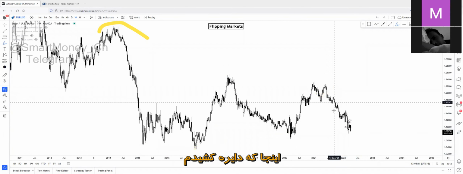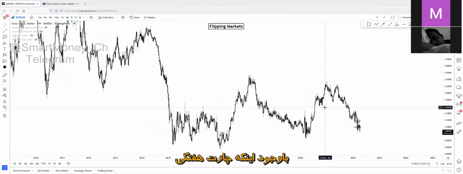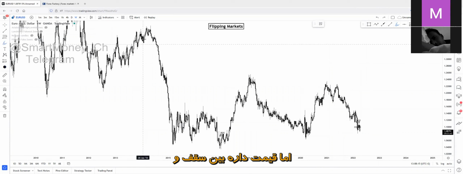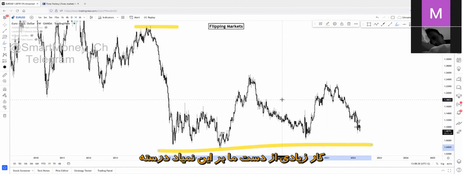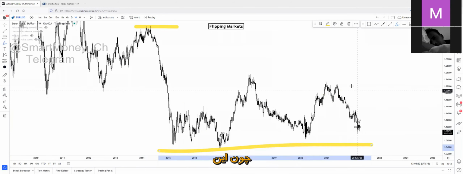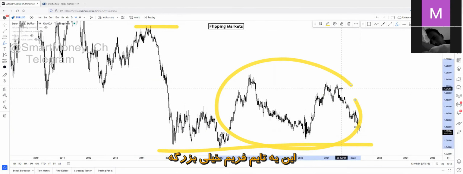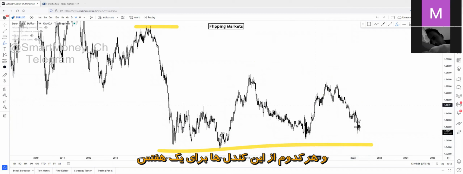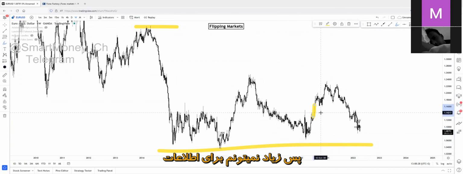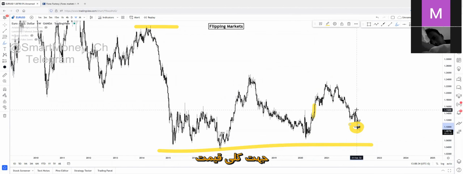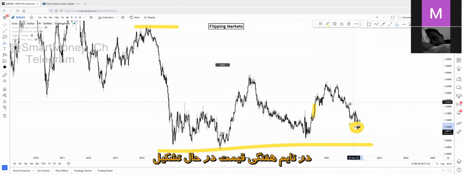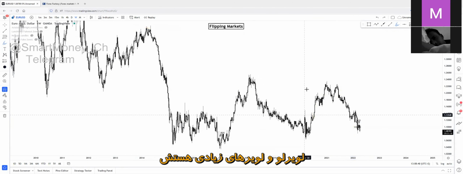Knowing that the weekly chart is bearish, but price is ranging between a high point and a low point, we can't really do much about this, right? Because this is a huge time frame, and each of these candles is one week of movement. So we can't really do much about this chart information. But overall, we know the direction is still bearish on the higher time frames too. On the weekly chart, it's creating a series of lower lows and lower highs.